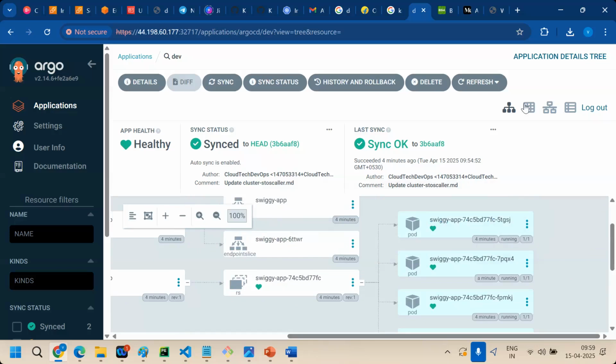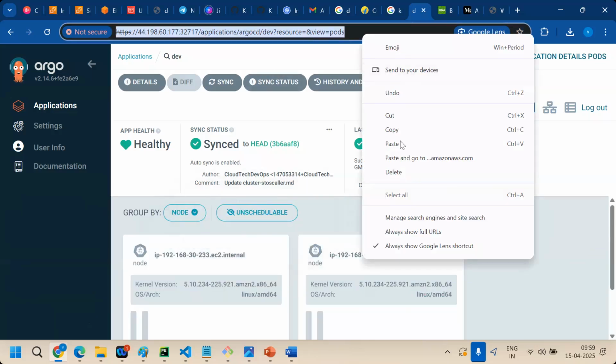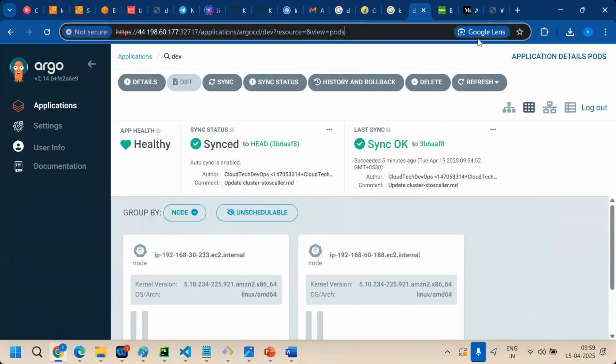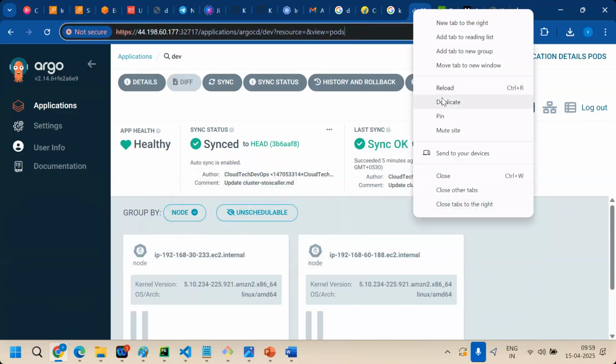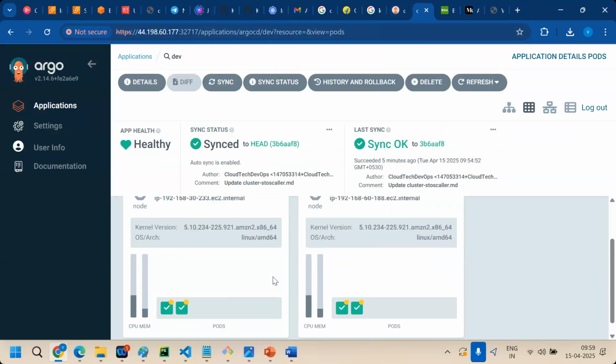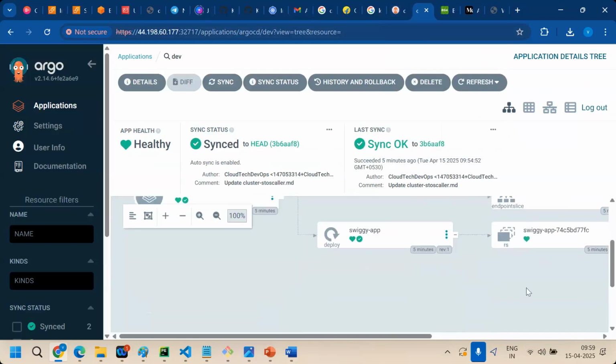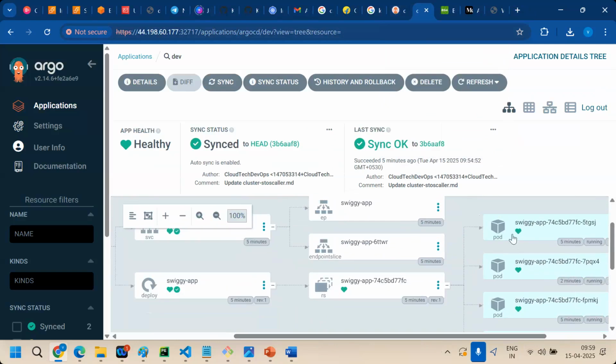Let's see now. Okay, let me open a duplicate app. I'm here only. Now see how clearly we can see. If I click here, this is the way you can see the pods and services. If I click here,